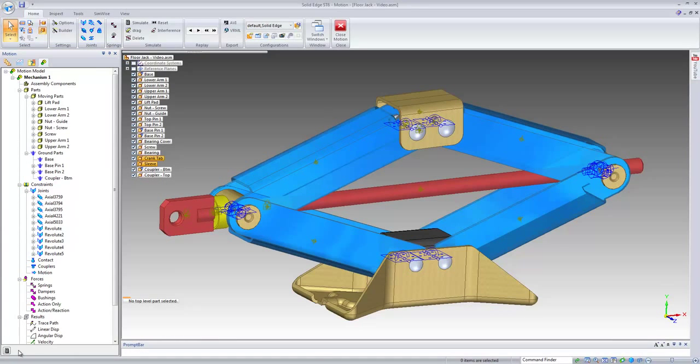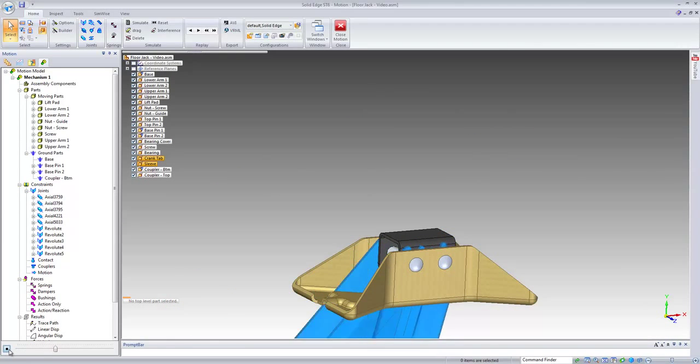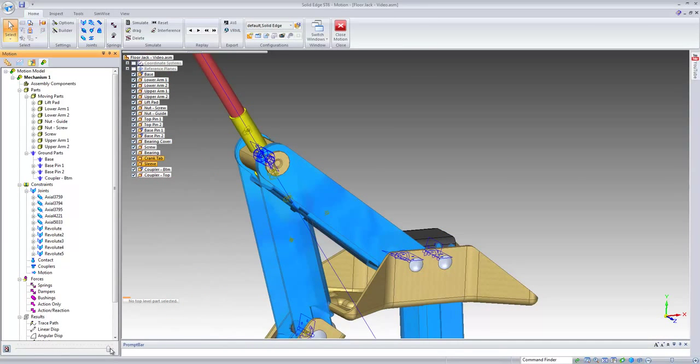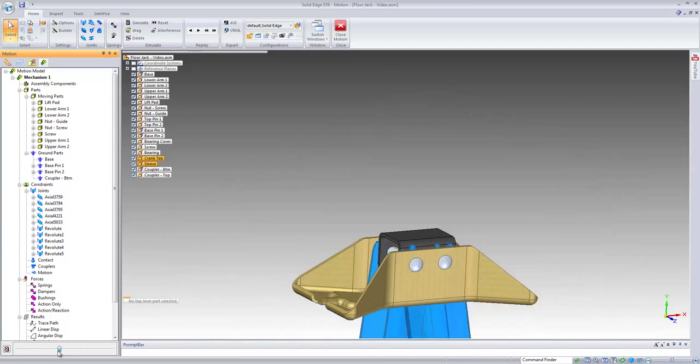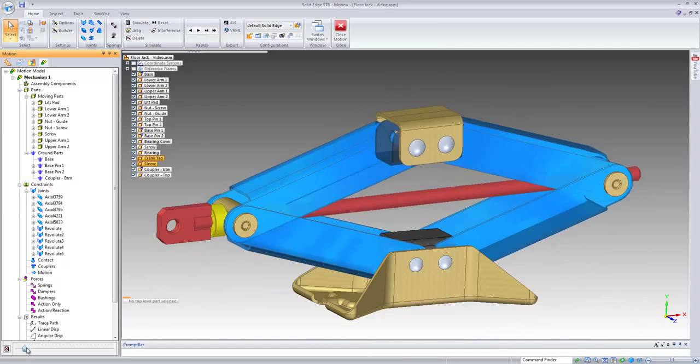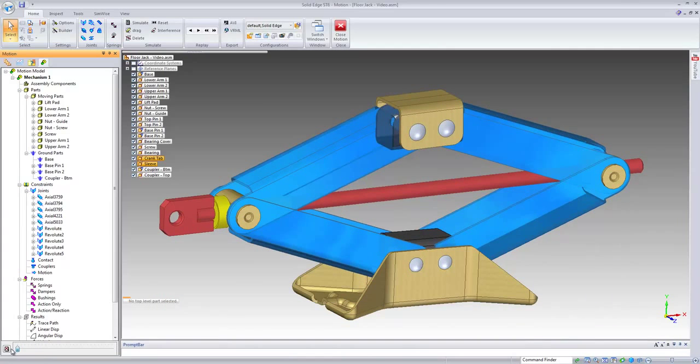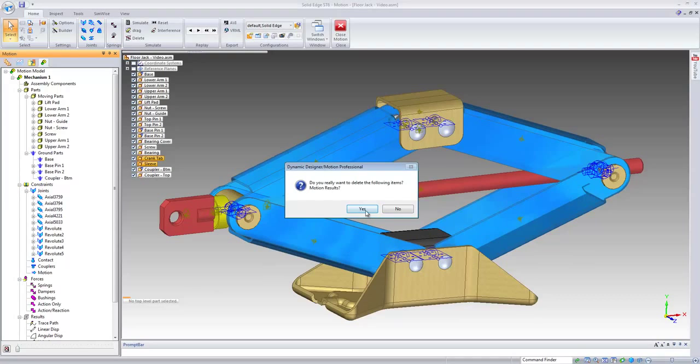Next, we'll run a simulation by selecting the simulation icon to allow gravity to act on the mechanism. We can click, hold, and drag the playback slider to review the results. Now you can see we are still lacking some of the important constraints, which we'll now go ahead and add. We'll select the simulation button again to delete the results and allow us to be back in edit mode for